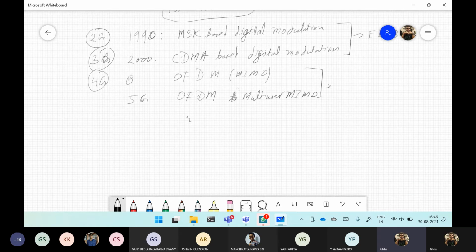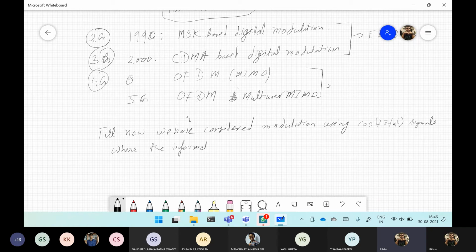So till now, we have considered modulation using cos 2 pi fct or 2 pi fmt signals, where the information signal is